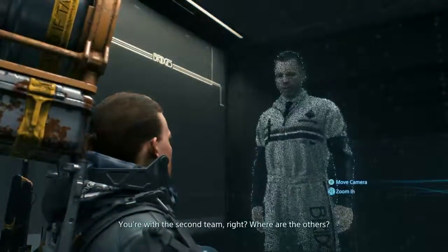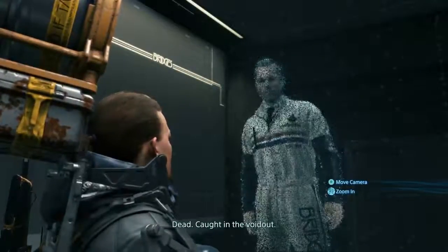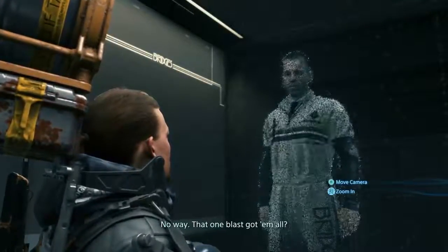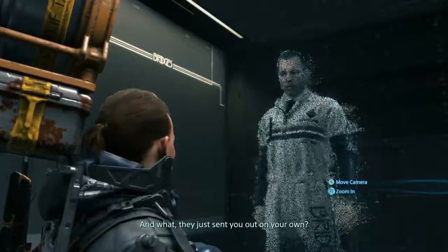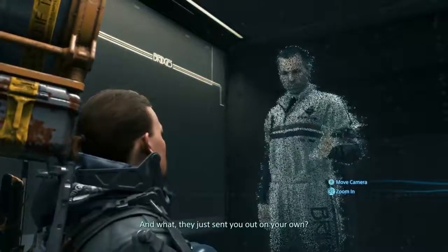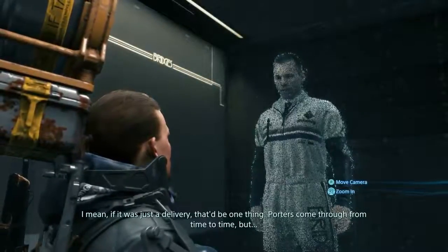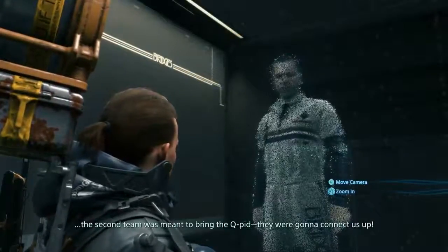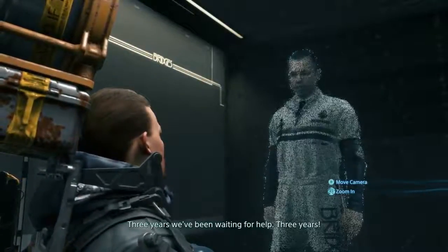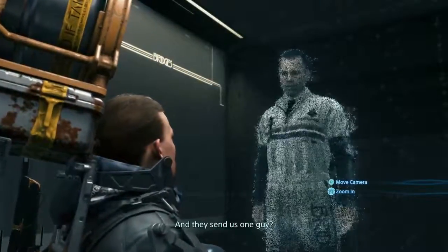You're with the second team, right? Where are the others? Dead. Caught in the void out. No way. That one blast got them all? And what, they just sent you out on your own? I mean, if it was just a delivery, that'd be one thing. Porters come through from time to time, but... The second team was meant to bring the Cupid. They were gonna connect us up. 3 years we've been waiting for help. 3 years! And they sent us one guy who's...